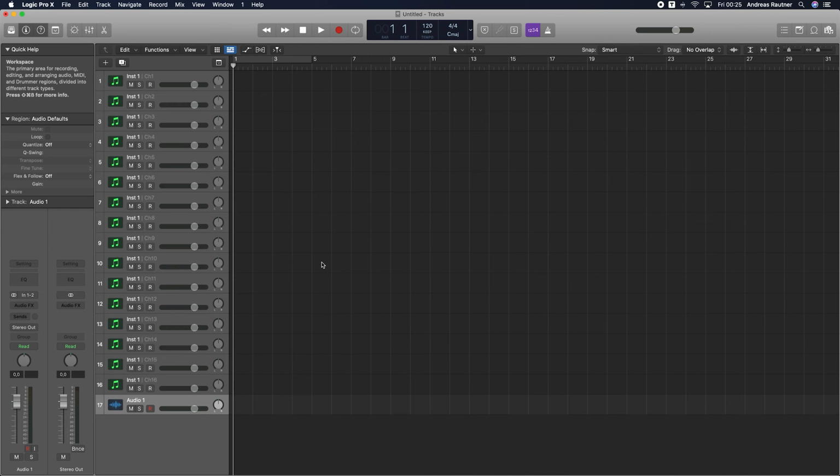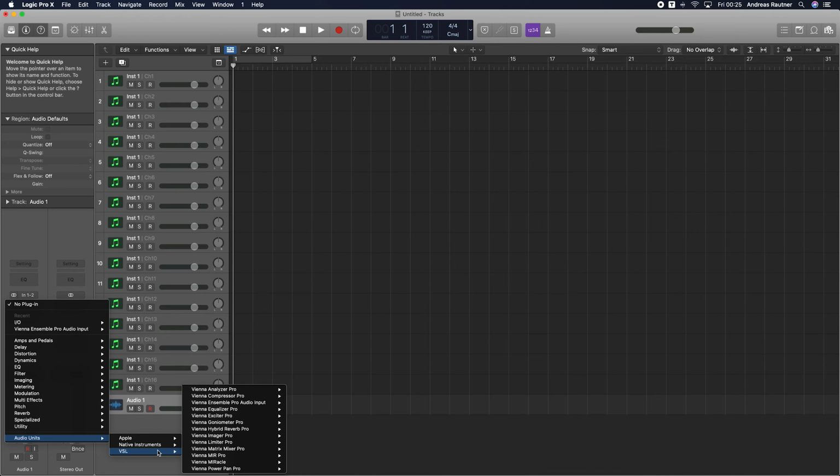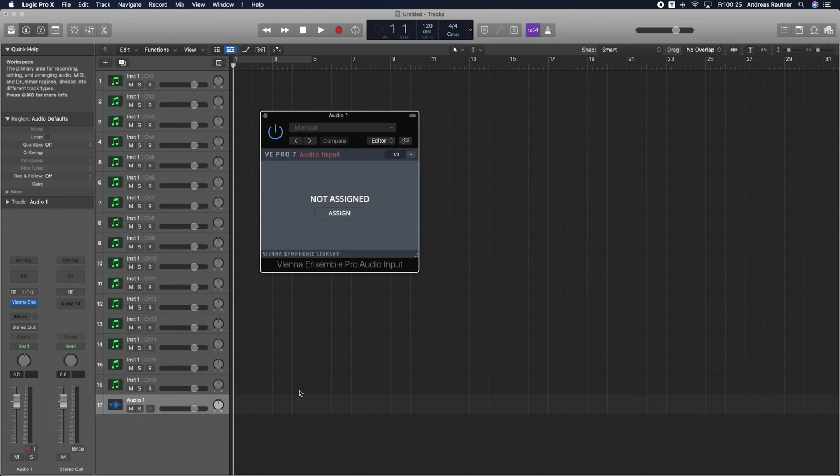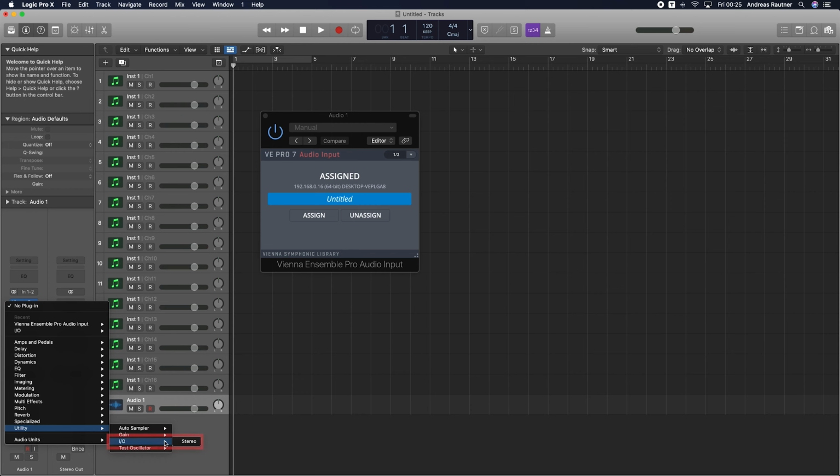You can also process audio signals from your sequencer. Insert an audio input plugin in the audio track of your sequencer and assign this plugin to the already established Vienna Ensemble Pro connection. If you are not connected to a Vienna Ensemble Pro server yet, you cannot send any audio signals. In Logic Pro, you'll need to insert an I/O plugin on each input plugin, event input and audio input, and on the Vienna Ensemble Pro plugin as well, to guarantee full functionality.